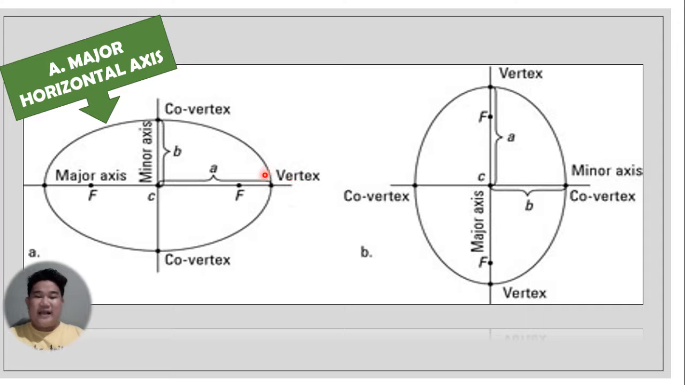Sinabi natin kanina na ang ating vertex, it is the major axis. Okay? Since ang placement ng vertex natin dito is in the x-axis, and we already know that in our Cartesian plane, our x-axis is horizontal. Kaya naging major horizontal axis. Okay? So, if this is a major horizontal axis,